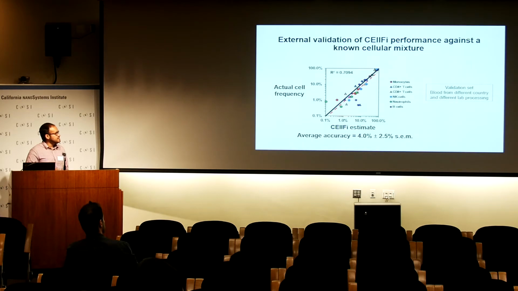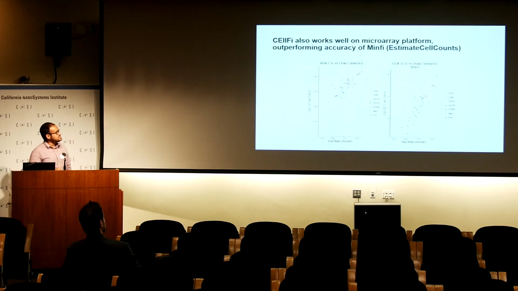And what we get is a pretty tight correlation between the CELLFI estimate and the actual cell frequency, with an average accuracy of about 4% across all the different cell types. We have also done this on the microarray platform, such as what Houseman originally did, the Houseman technique implemented through minfi, which is a popular R Bioconductor package used for DNA methylation microarray analysis from Rafael Irizarry's lab, which has a decent amount of correlation here, but CELLFI seems to outperform